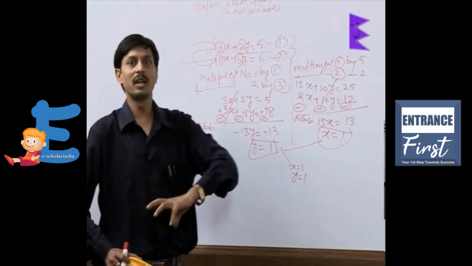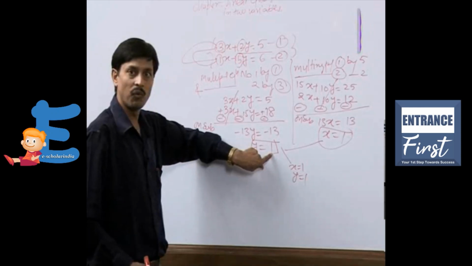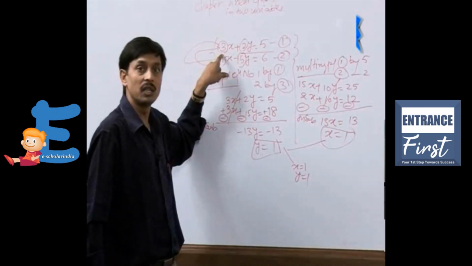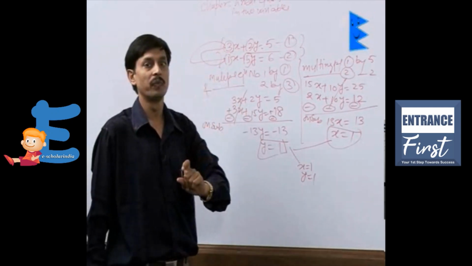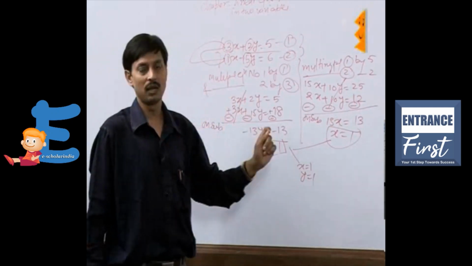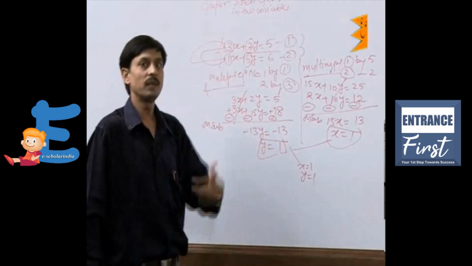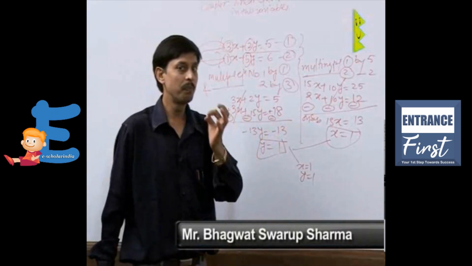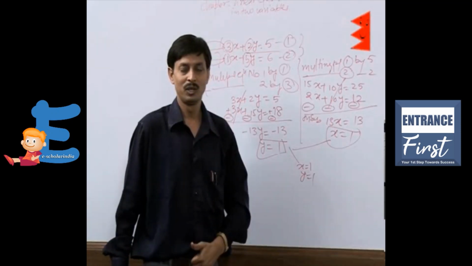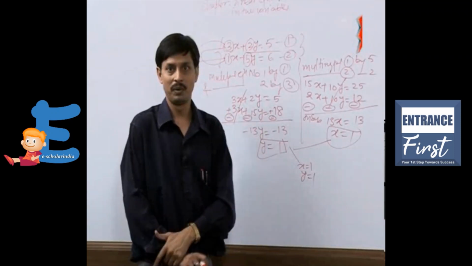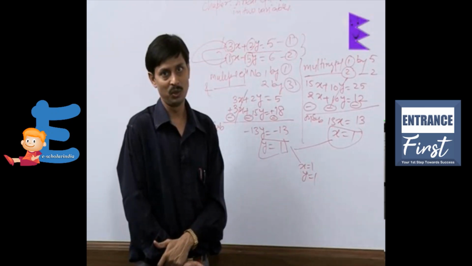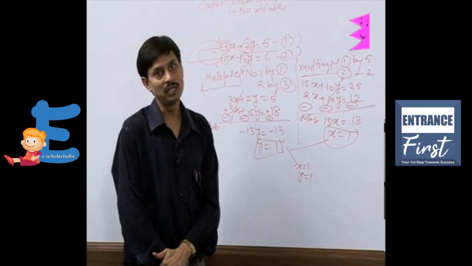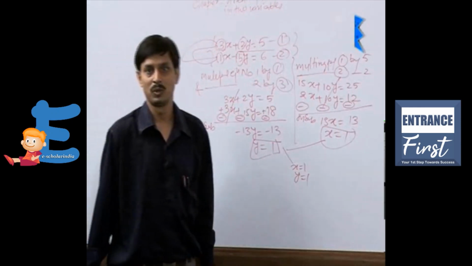Sometimes a few students find the value of y or the value of x, and then put that value in either equation number 1 or equation 2, which is known as elimination first and then substitution. If you do it like this, it is not purely the elimination method. So this is one method we have discussed. Similarly, we will discuss the cross multiplication method, the comparison method and the other methods also.